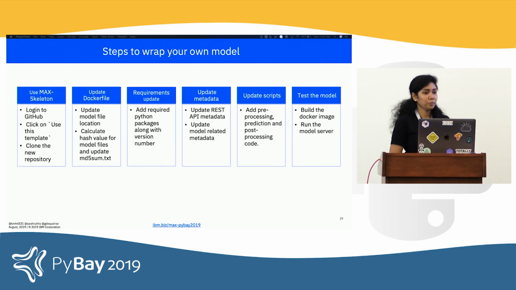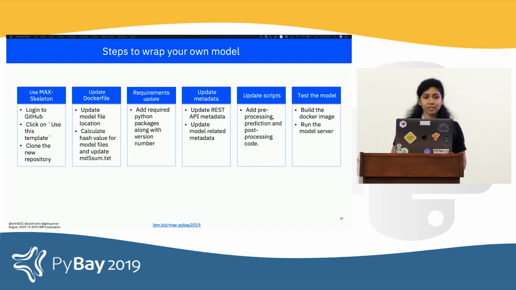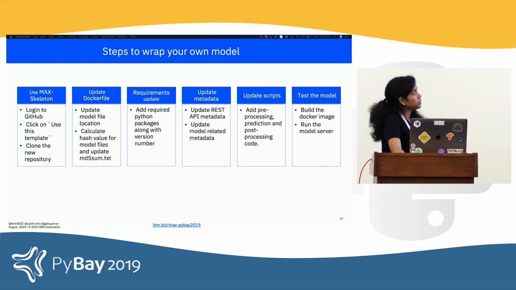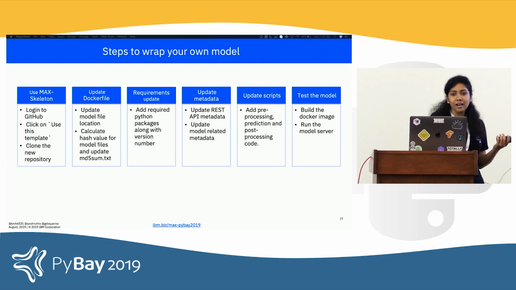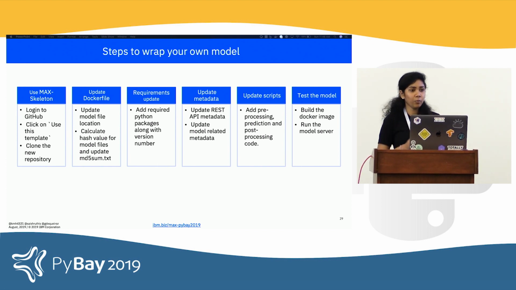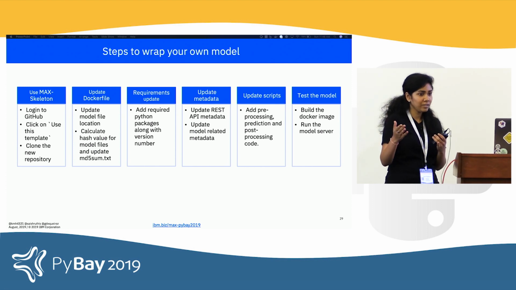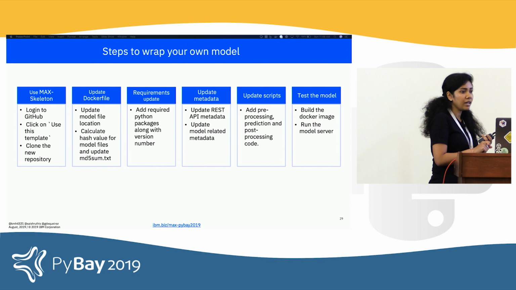Yes. So this is something we are so excited to present today, how to wrap your own model and create your own microservice. These are the steps actually. The first one, log into GitHub, and then we have the template ready for you. You just have to use the template. And the second one is you need to update your Docker file that we have there. And the third one, you need to update the REST API and model